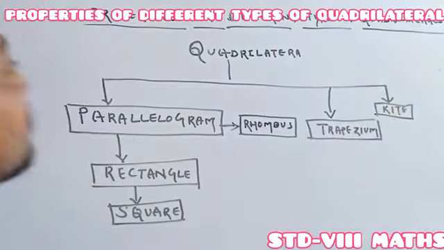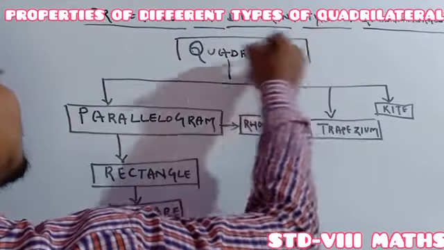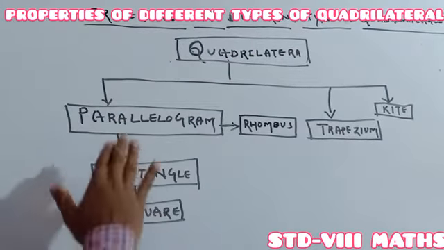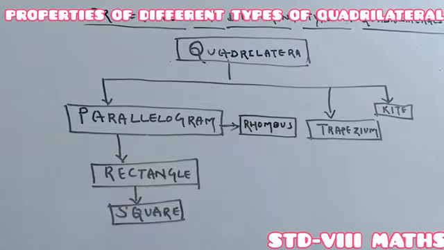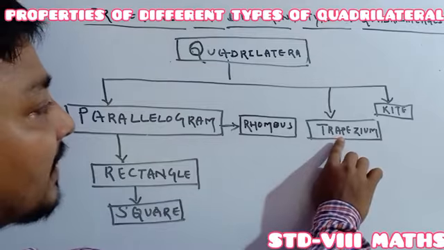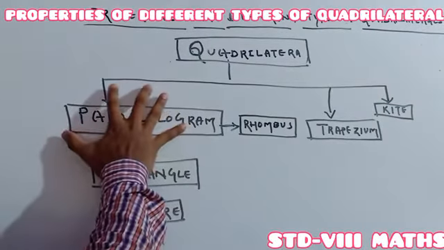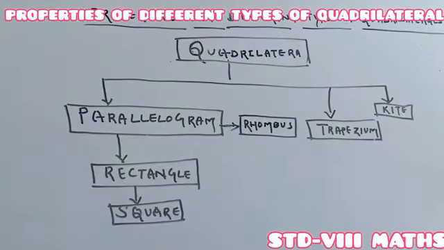So you just have to remember it in such a way. Quadrilateral means all the types of four-sided figures. First I did the separation of the parallelogram, and under the parallelogram the rhombus is there, also rectangle is there, also square is there. Understood? And under the quadrilateral also trapezium is there, also the kite is there. So separately, parallelogram is one side, trapezium is another side, and the last side is our kite. Okay, so next we will discuss one by one.